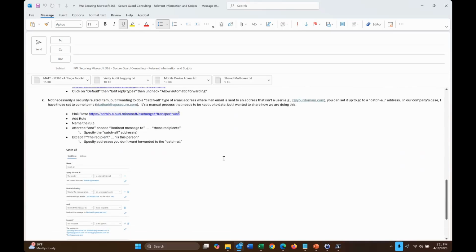I'm not going to cover this right now. Not necessarily a catch-all email address. So, I have kkatari@sgcsecure.com, Terry at sgcsecure, Ashley, Dylan at sgcsecure, right? Lynn at sgcsecure. We've got their names, their actual email accounts. But if someone sends an email and they spell my name wrong, just Katari at sgcsecure, I've created a